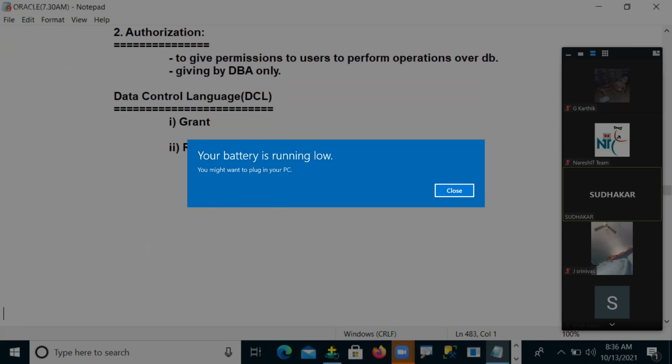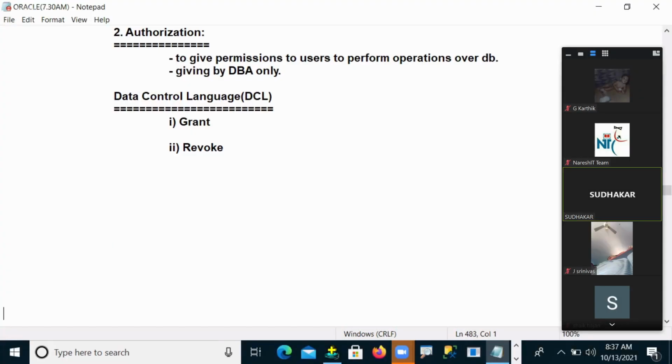What grant and revoke are, you will understand. DCL commands are used by the administrator, not developers. Understand my point? Developers use only DDL, DML, DRL, and TCL commands. These are the 4 language commands used by developers, whether a database developer, Java developer, or .NET developer. But DCL commands are used only by administrators, other than administrators,